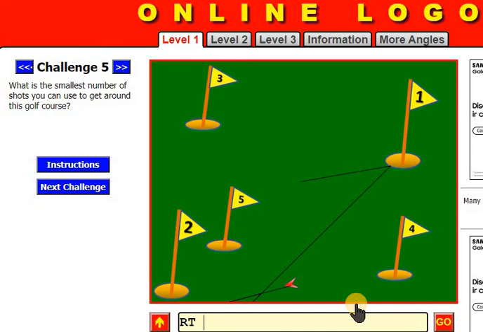Then LT 5, FD 20. Now we have reached golf course flag 2. Now you need to go to 3. So what do you have to do? RT 90, or RT 5,